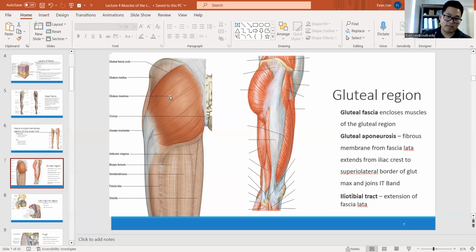Now, when we talk about the gluteal fascia, there are a couple specific regions to look out for. Over here, you can see there's a thickened region, which is coming from the iliac crest. And this is going to attach to the iliotibial tract over here on the side of the hip and thigh. So the gluteal aponeurosis is going to attach from the iliac crest to the IT band or iliotibial tract,